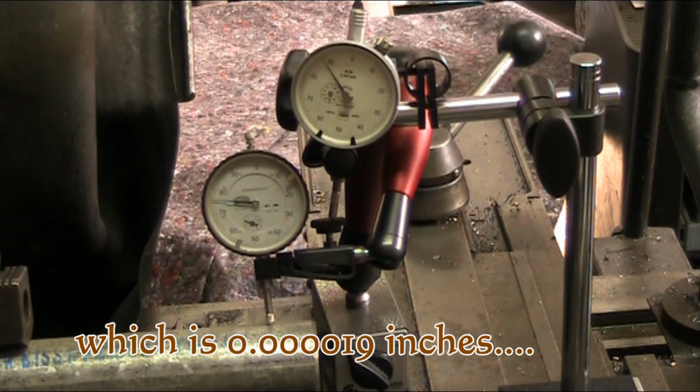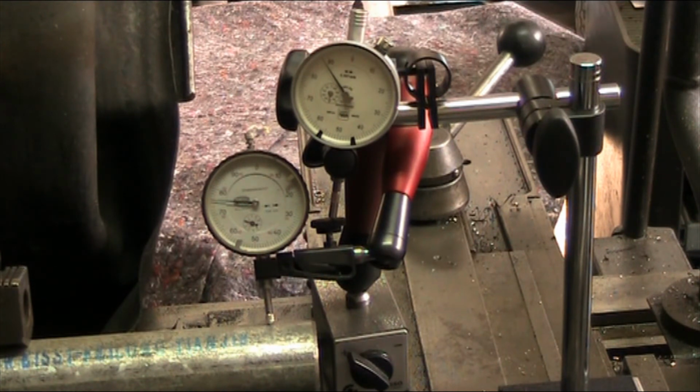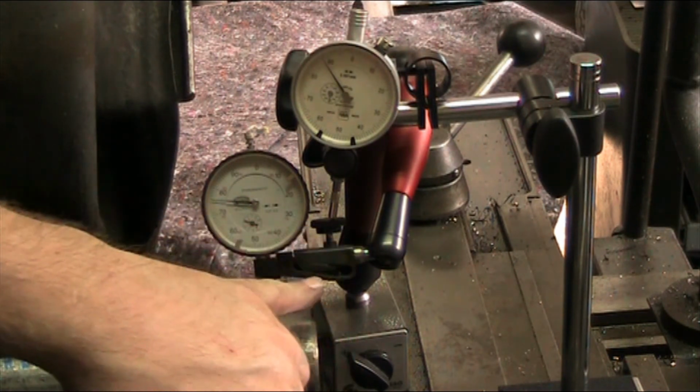In inches. Let's see. So we've got 0.0005. That is, oh my God, I can't even figure it out. Let's see here. That's what it is. I'll put that in the screen down below here. So that's 5 decimal places behind the 0 is what we're getting in movement here on this part of the dial